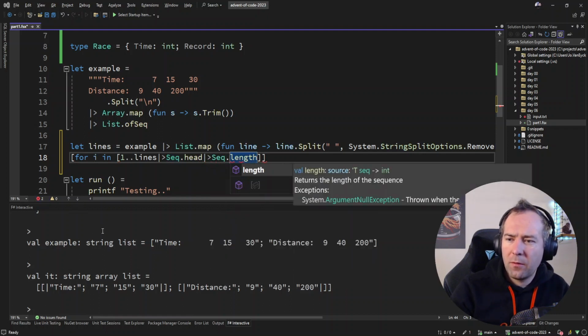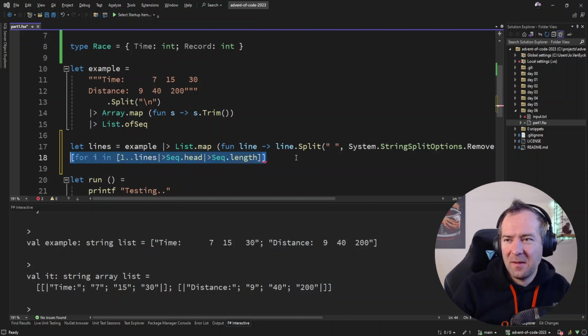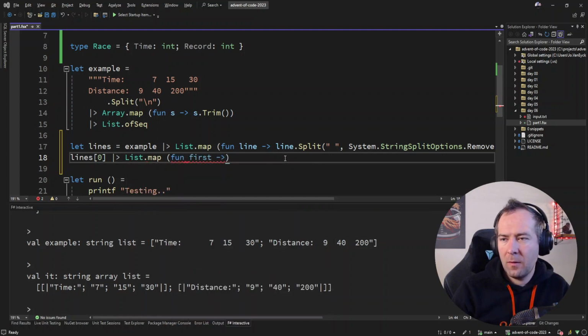It's always 2 lines, right? Yeah, it's always 2 lines. Okay. But yeah, let's do it that way. So lines 0, list map. And we grab